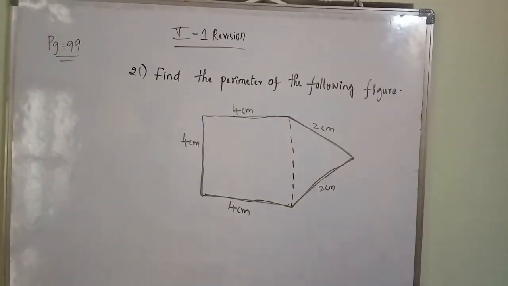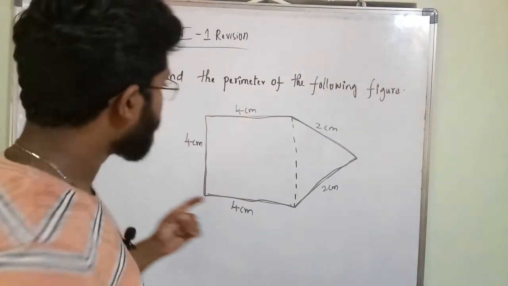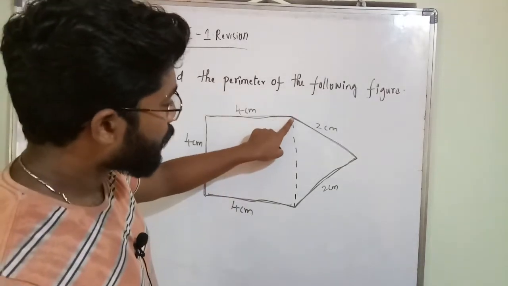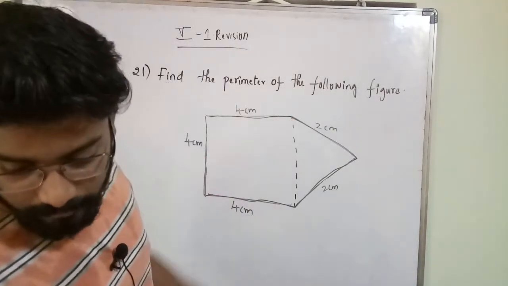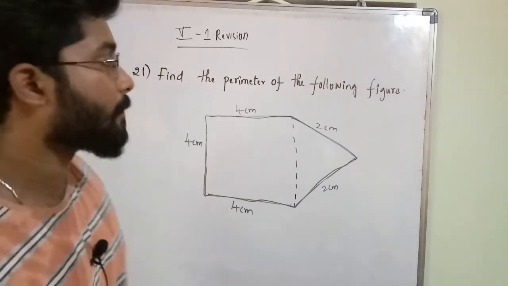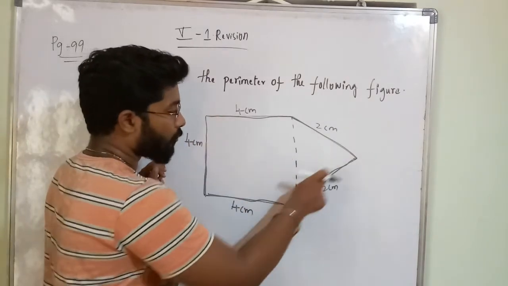Okay, so here there are two figures, no? It is divided into two shapes. Actually, he has given here that the figure is divided into two shapes. Find the sum of the perimeters of these two shapes. But the perimeter means like this one. This is the outer boundary, no?